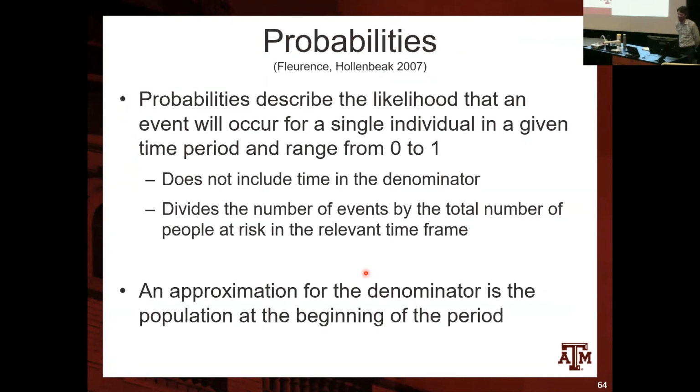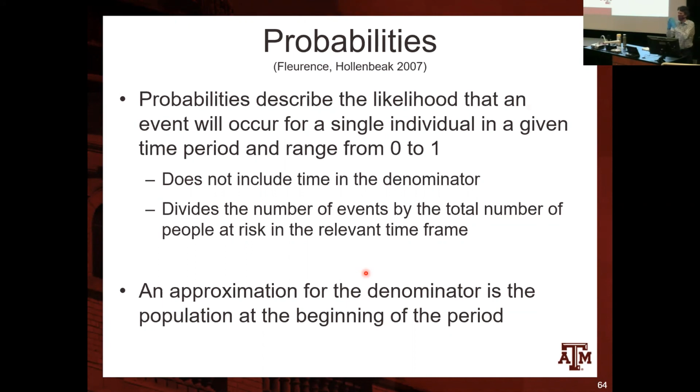Probabilities describe the likelihood that an event will happen for a single individual in a given time period and range from 0 to 1. It does not include time in the denominator, and it divides the number of events by the total number of people at risk in the relevant time frame. Just to better understand the difference between probability and rates. For rates, we are taking into account time in the denominator,